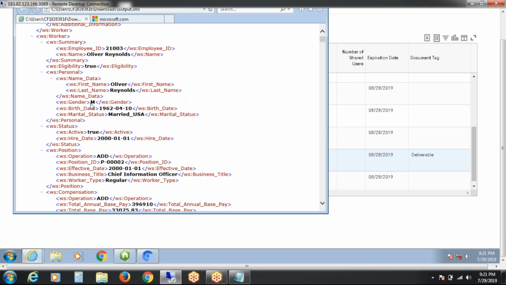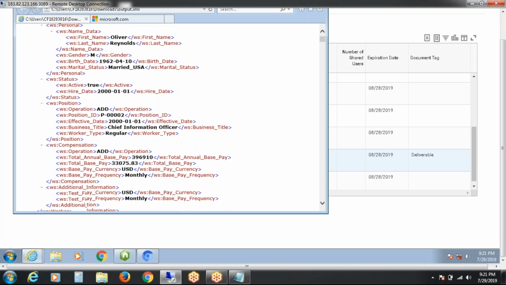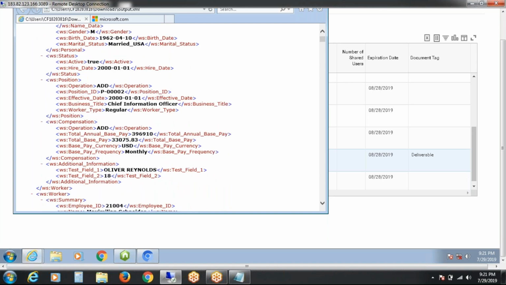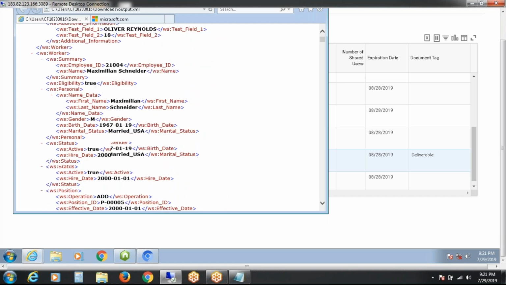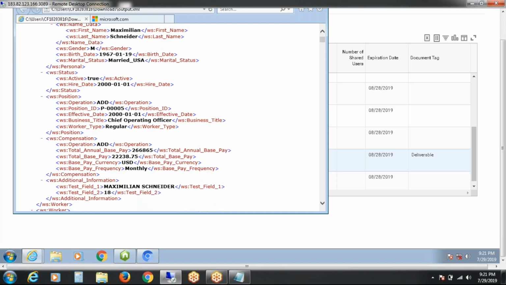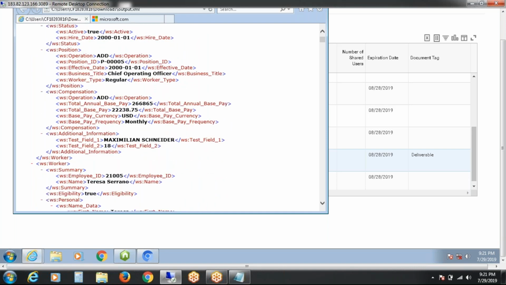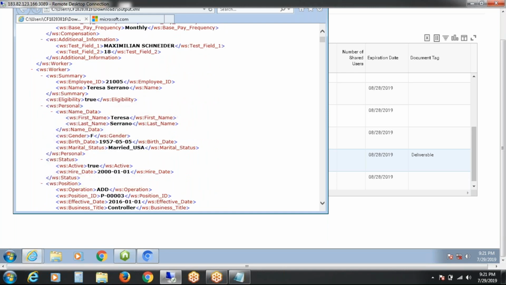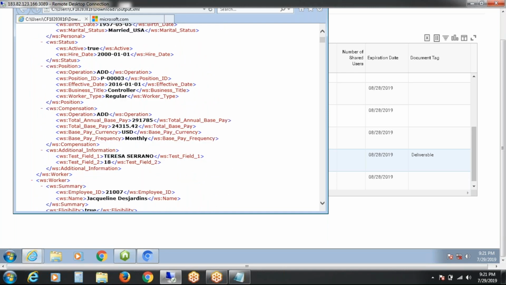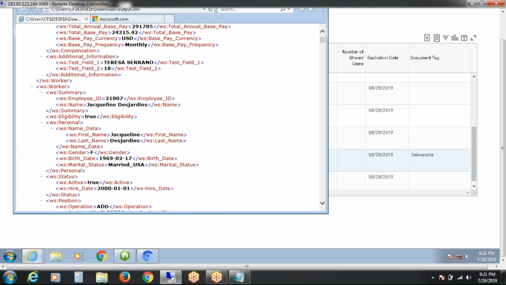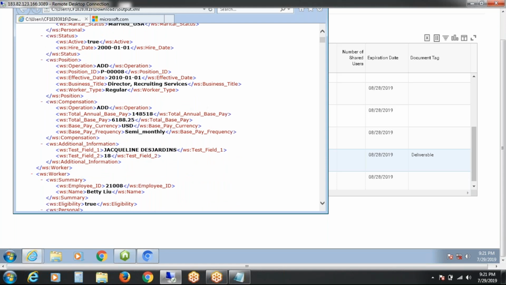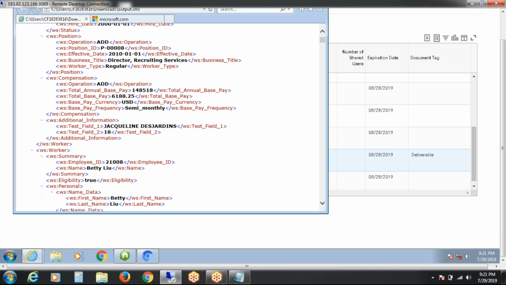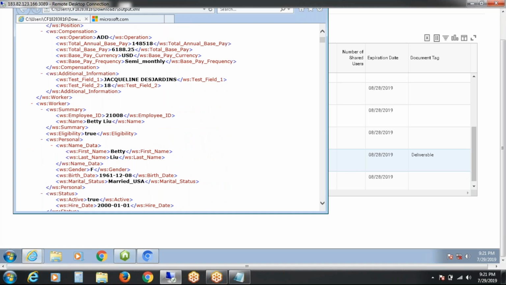So the mapping I have called as male as M, that's why it is showing as M. These guys are coming with the same data because they are system generated employees.